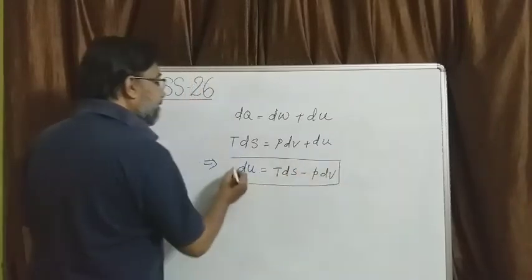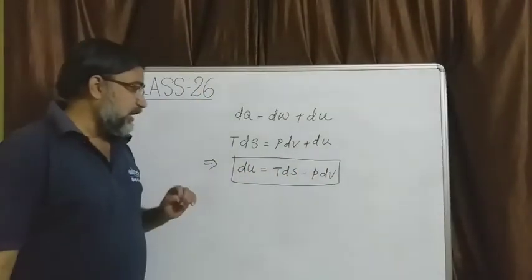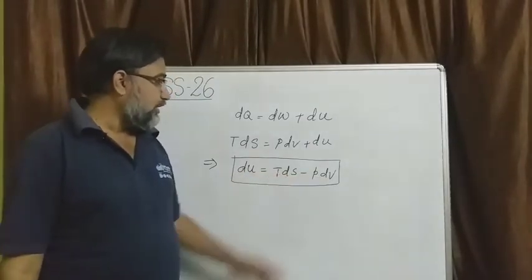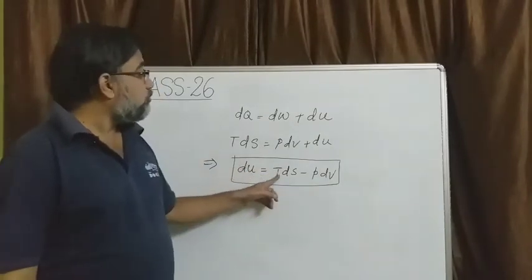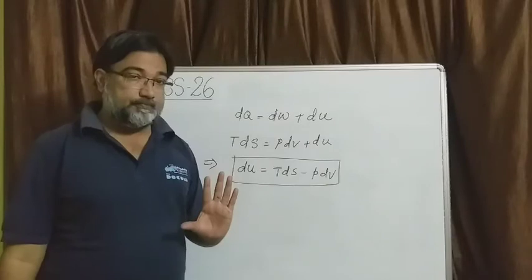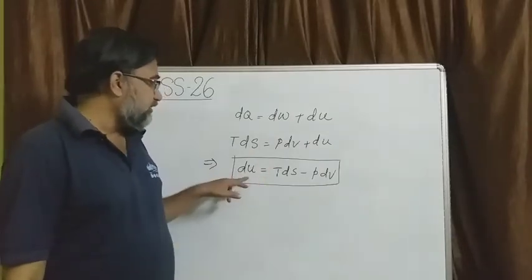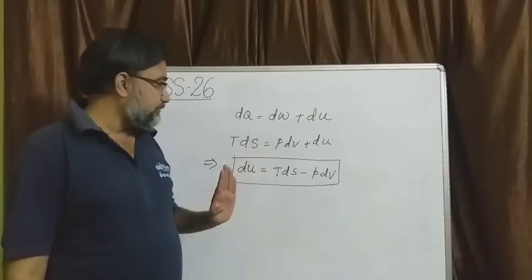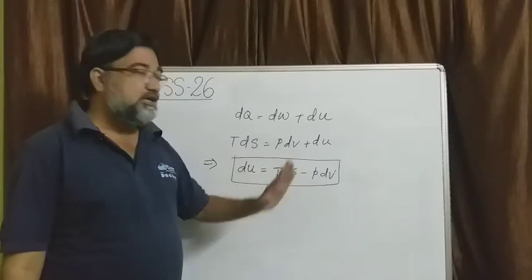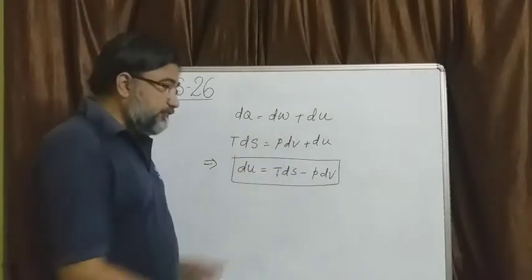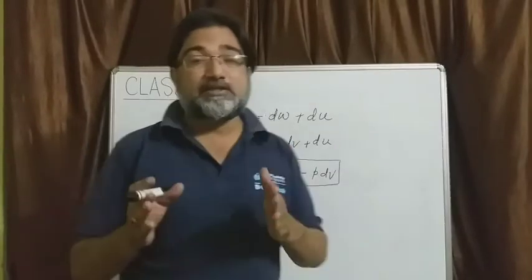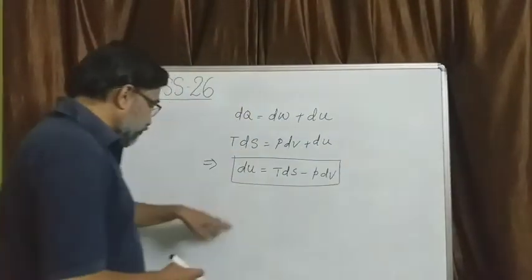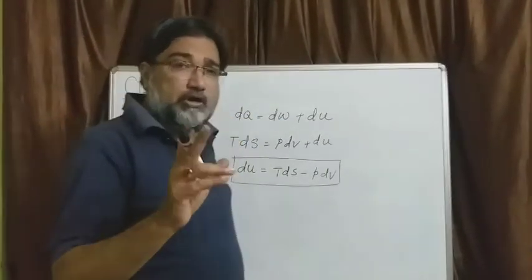Can I write like this? And look at this. How many properties are there? U, T, S, P, V. So this is an expression comprising 1, 2, 3, 4, 5 properties. And does it not look like dz is equal to M dx plus N dy? Then if it is looking like that, what can you write in that circumstance? You can also use that formula. I am talking of theorem 1 for use here.